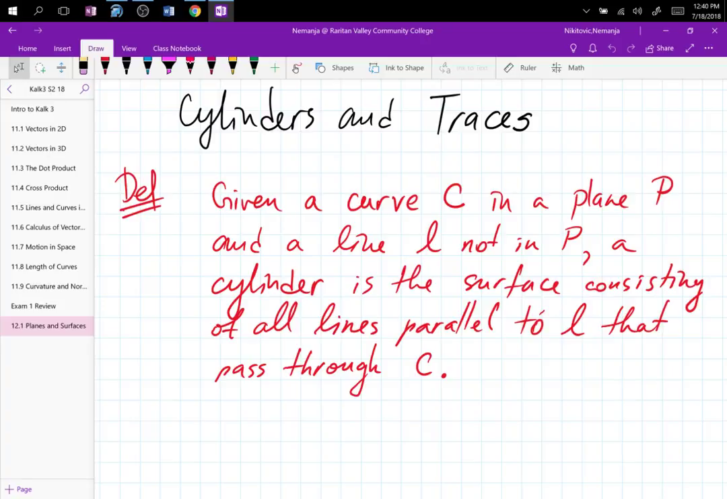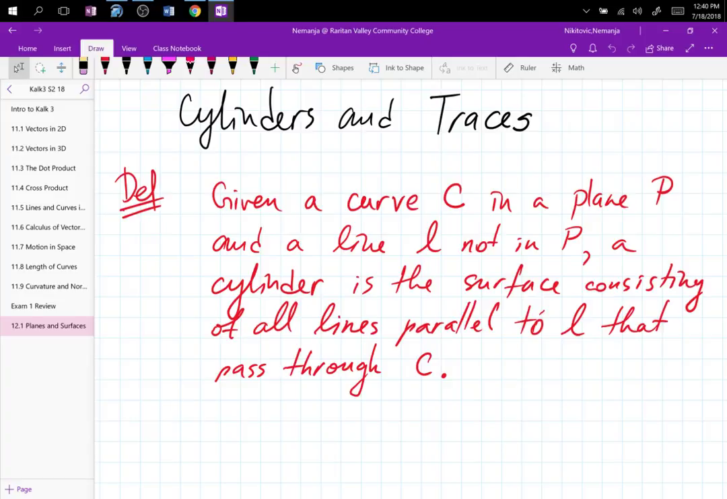So you are going to set a curve on a surface. You're going to put one line through that. It doesn't have to be in C, but it could be. And then any other line that is parallel to that line L, all of those lines would create this shape, and that shape would be called a cylinder. Actually, wait, I can show you the